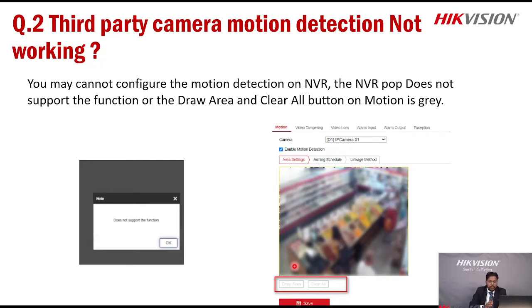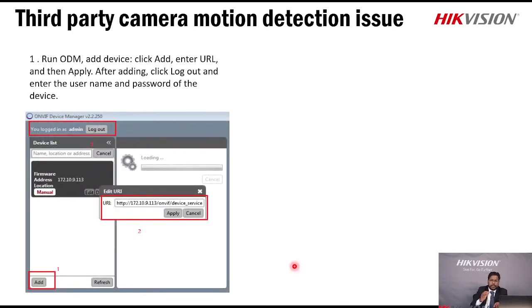So in this case, what is the solution, or how can we troubleshoot and check this problem? Here I recommend that you first run the ONVIF Device Manager. Yes, ONVIF Device Manager is a tool, because if you are adding the third-party camera through the ONVIF protocol, we need to check that this camera definitely supports the ONVIF protocol, which kind of profile it supports, and whether this camera supports these kinds of functions or not.